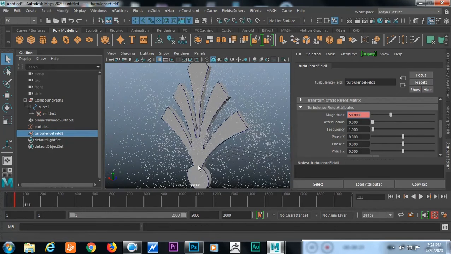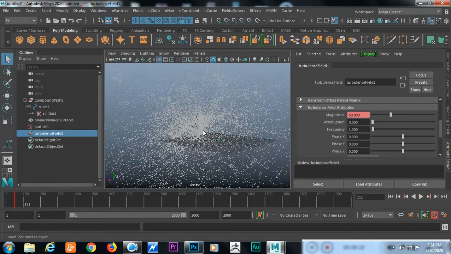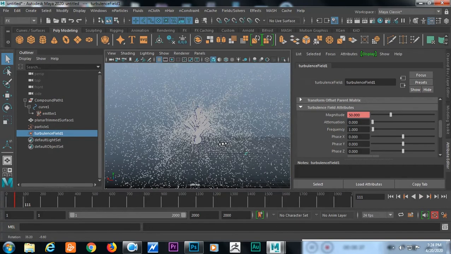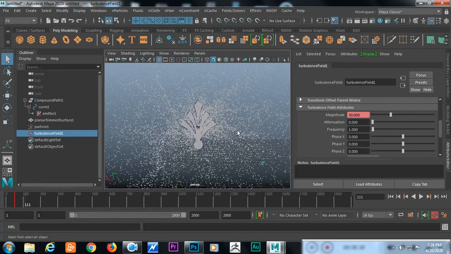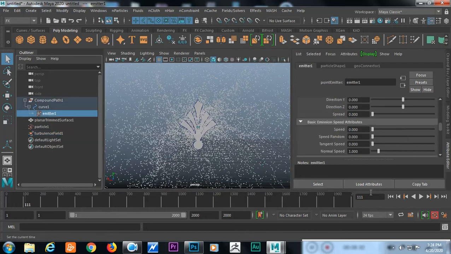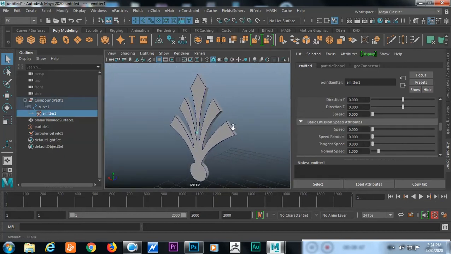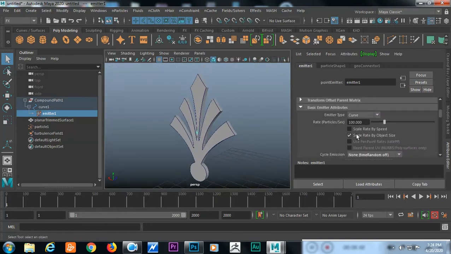Okay, it's done. Now after blasting the particle, I don't want that many particles coming out, so I'm going to end the particle emission around frame 50.